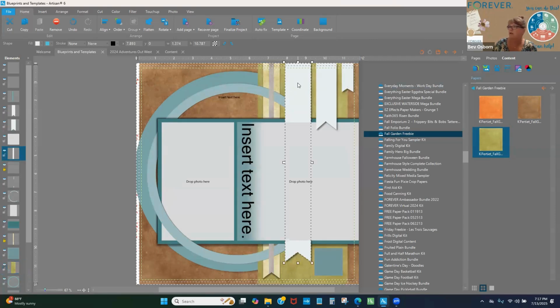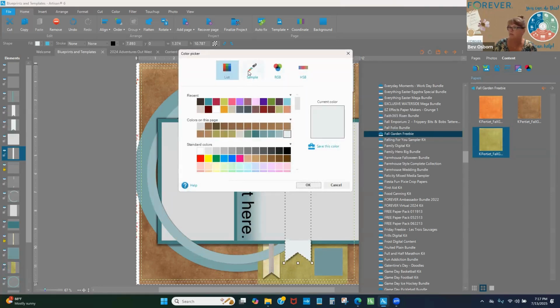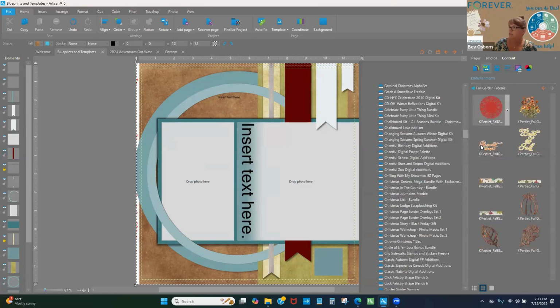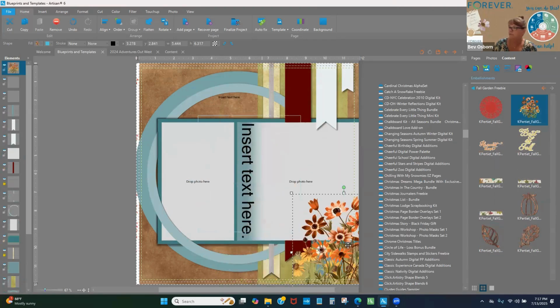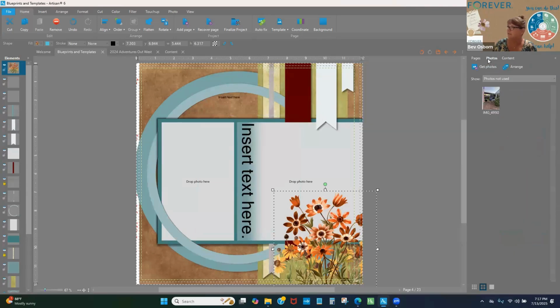If you wanted to fill it with just a solid color, you can pick a color. Like so. All of your embellishments for that particular kit are over here. You can add that to the page. Stick that down there. And then let me grab, this is not going to match at all,